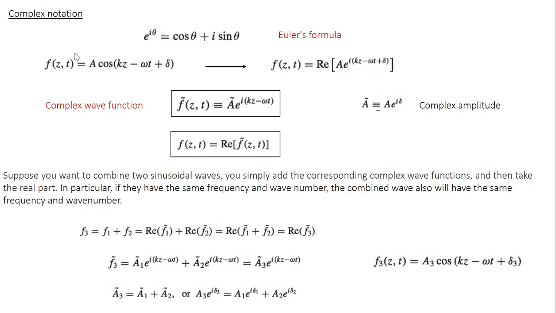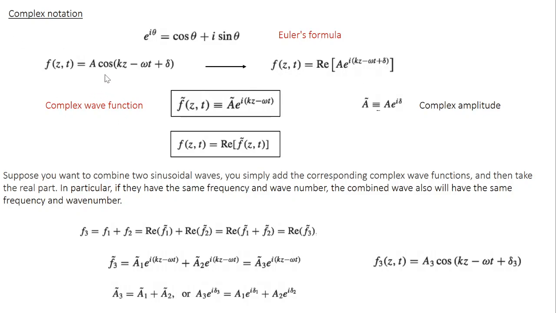In our wave function, we have a sinusoidal function. So instead of writing it as a cosine function, look here in this expression: the cos term is the real part and the sin term is the imaginary part. So instead of writing a cosine function explicitly, I can also write it as the real part of this complex function, right? The real part gives you the cosine part.